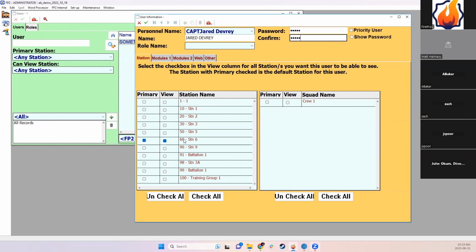From a technical support perspective, we often get questions where someone will say, this user can see stuff in FirePro, and then this other user cannot see those things. 99% of the time, that problem relates to viewing permissions, especially related to station viewing permissions. Because what this means is if I set this user profile up so that it can only see stuff that's attached to station 60, that means any record anywhere that's attached to a different station will not be visible to